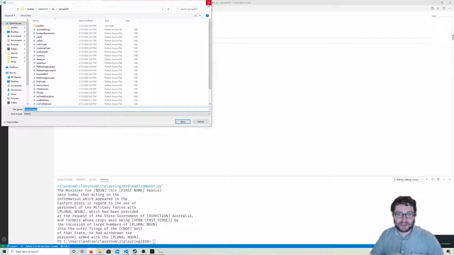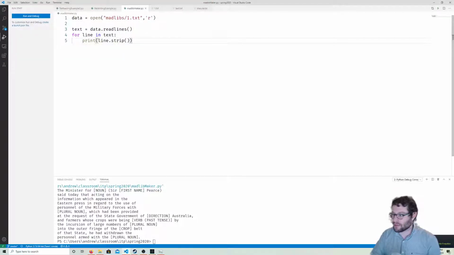So now, how do we go ahead and replace all of these things? My first thought was regular expressions, but I haven't taught that to you yet, and that's actually more than we need for this. What we're going to do is, because of the way this is structured,